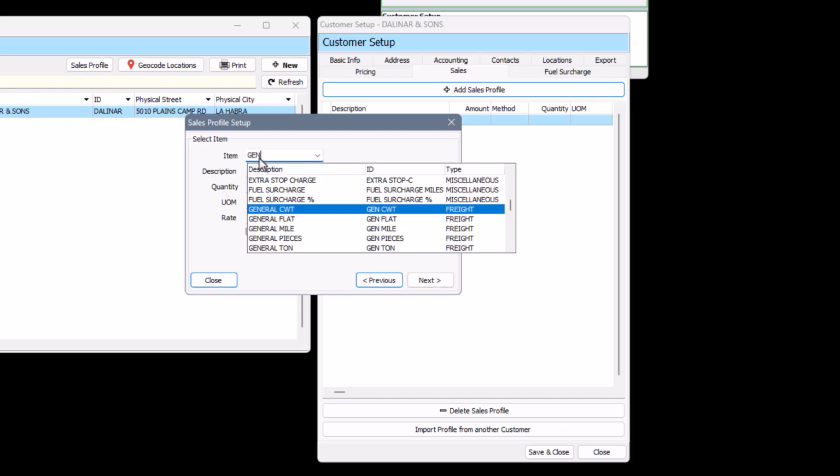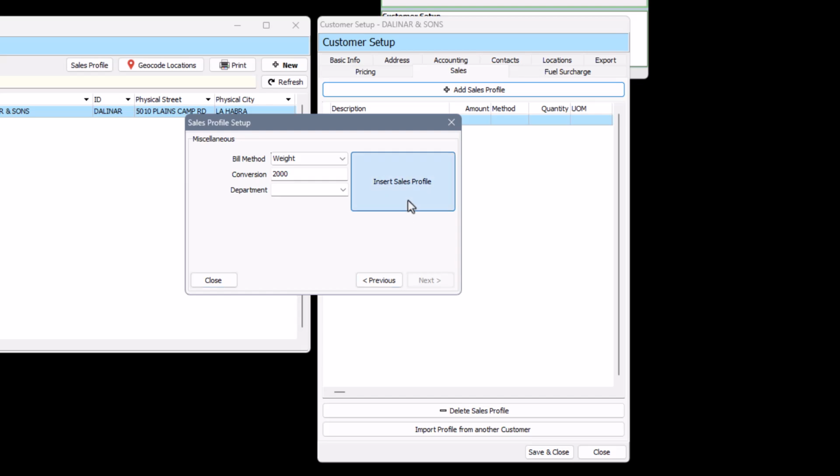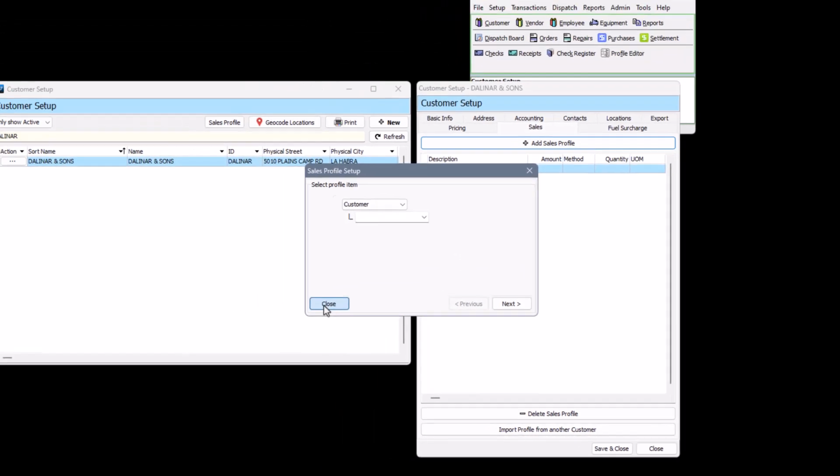We're picking a freight item that has a basis of billing by the ton. We'll go ahead and fill out the rate because for now, the rate per ton is always the same. If the rate changes frequently, you can leave it blank in the profile and fill it out per load. This last window lets you confirm or change the billing method that you want, then insert the item into the